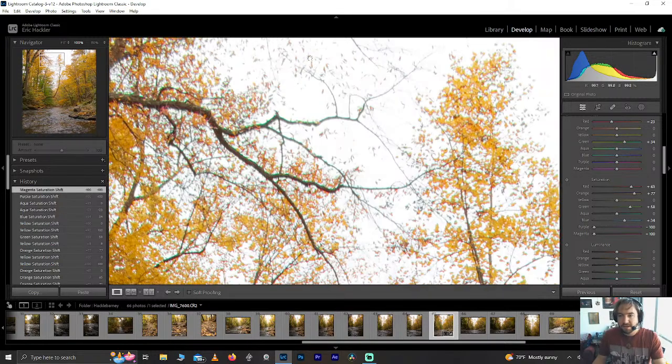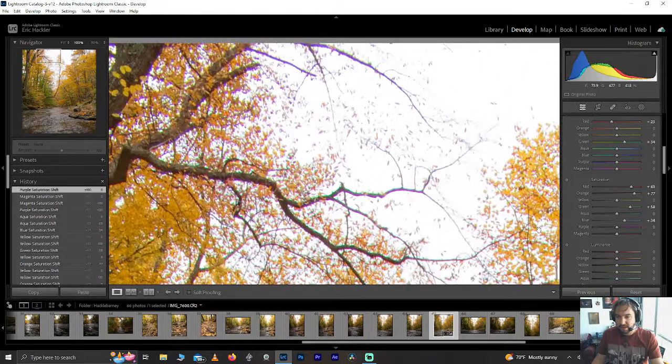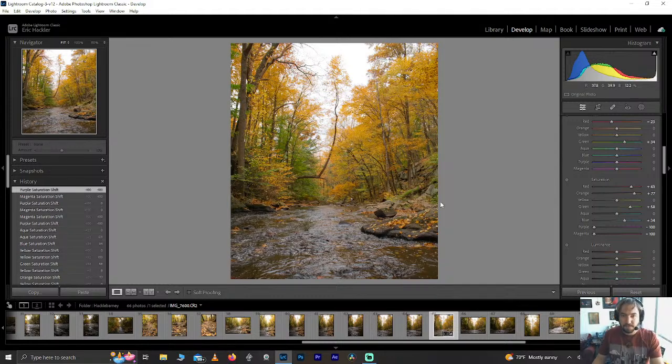So, all right. Whereas if I go back up with it, yeah, you see there's the purples kind of along these branches here and up in these guys. And if I bring those down, it helps kind of lock those in. We're gonna do some more work with that. All right,